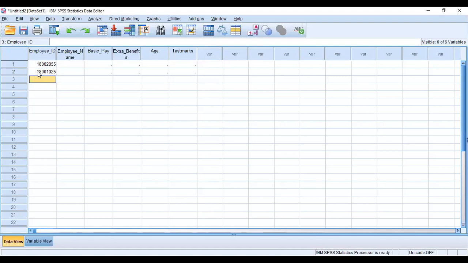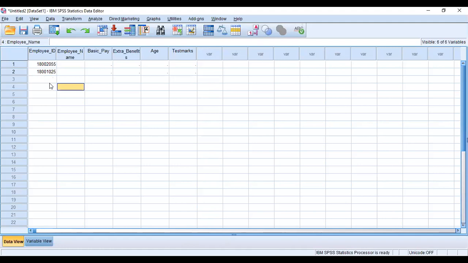We have defined employee ID as a numeric variable. So if we enter an alphabet, like if I type my name, Anandu, and press enter in any other cell, it is automatically erased. Why?